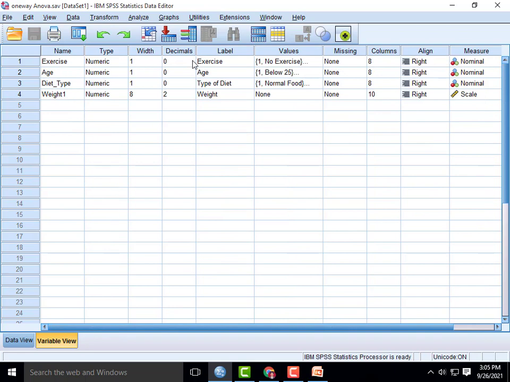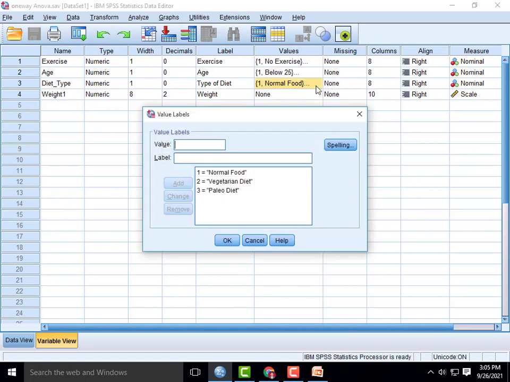We have 4 variables: one is exercise, second is age, third is diet type, and the fourth is weight. The diet systems are normal food, vegetarian food, and paleo diet. So how do these diet systems make a difference in the weight of the people?